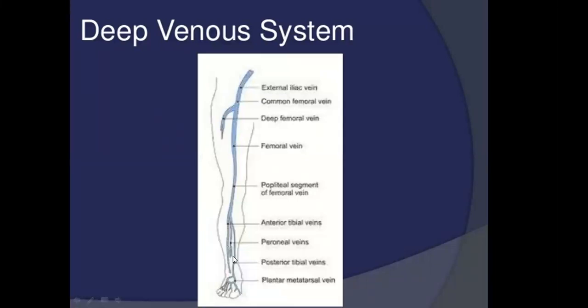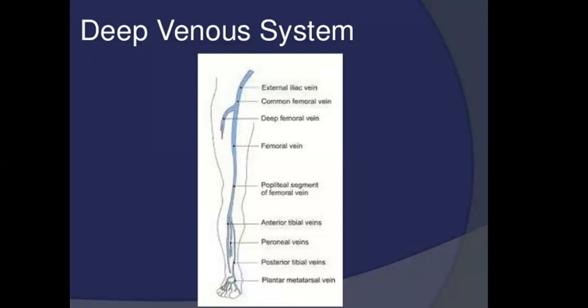Starting at the posterior tibial vein, then anterior tibial vein, the popliteal vein, the femoral vein, and the external iliac vein. Now we will discuss the formation of the popliteal and the femoral veins, so that you can understand the deep venous drainage of the lower limb. As I told you, the venae comitantes are accompanied with the associated arteries. First, we will start with the popliteal vein.